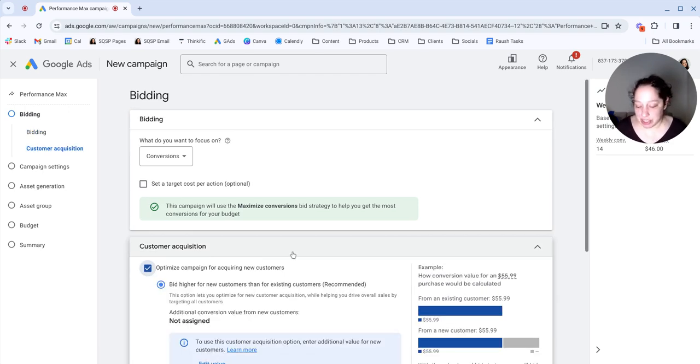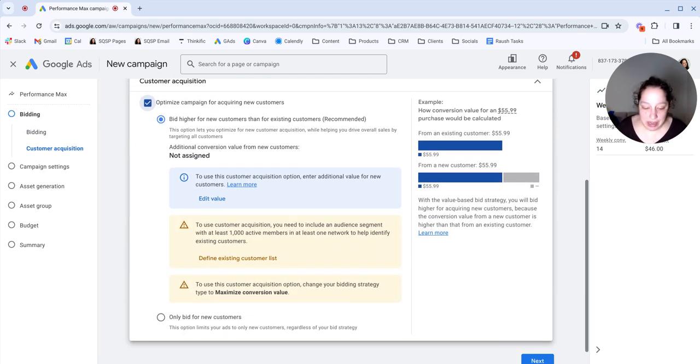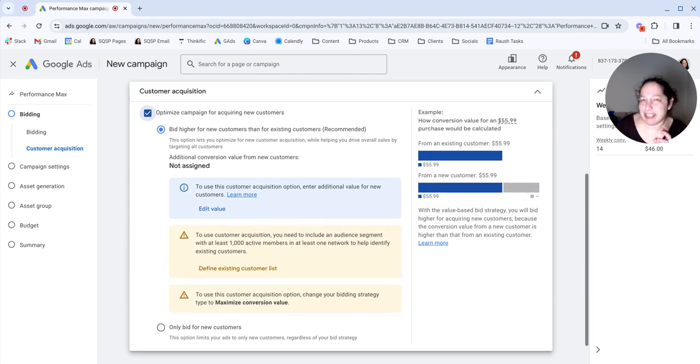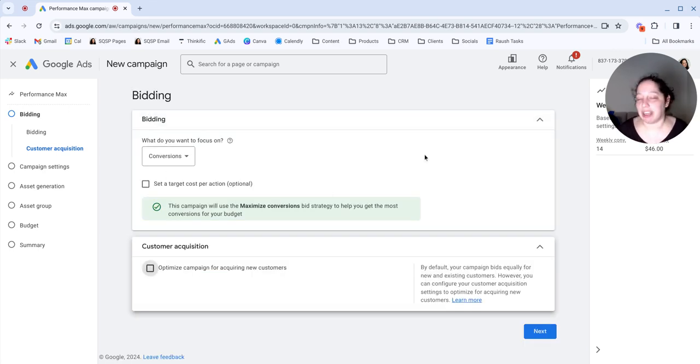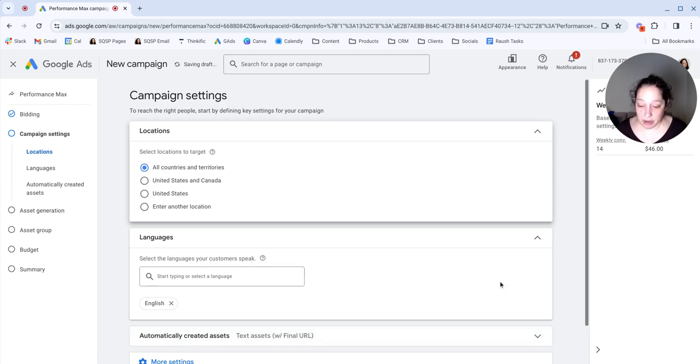This customer acquisition part, I don't recommend using. Basically, it's a way to adjust your conversion value so that Google goes out and focuses more on new rather than existing customers. For the vast majority of businesses, this won't make a big difference in terms of who it actually goes after, but it can really mess with your conversion tracking. So unless there's a specific reason you need to do this, I just recommend keeping that box unchecked. Now we're going to go